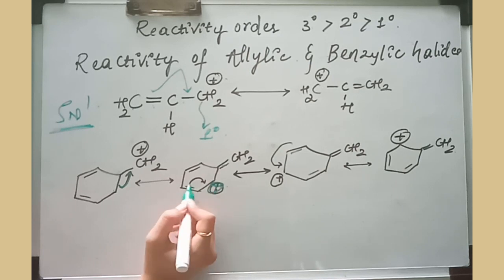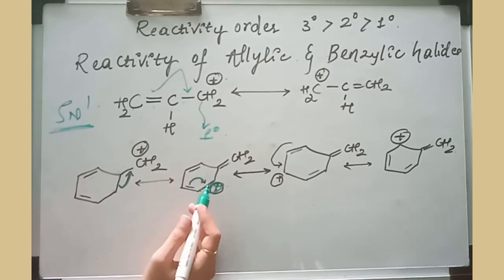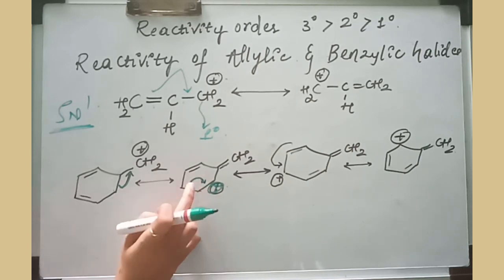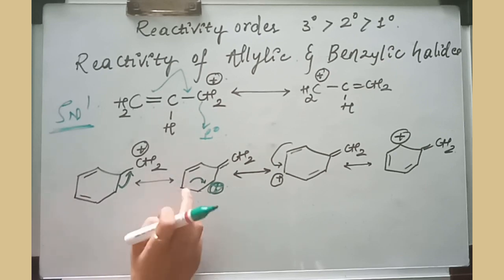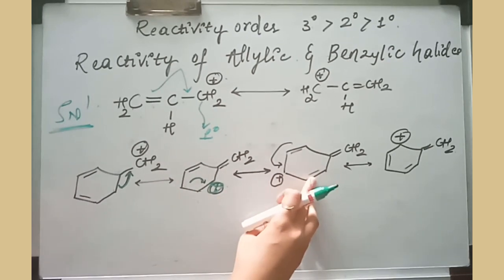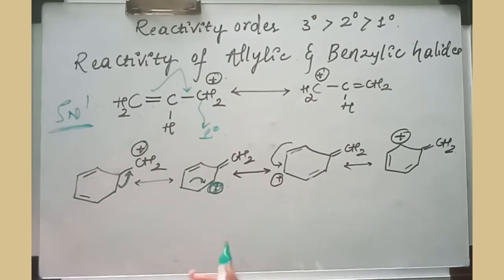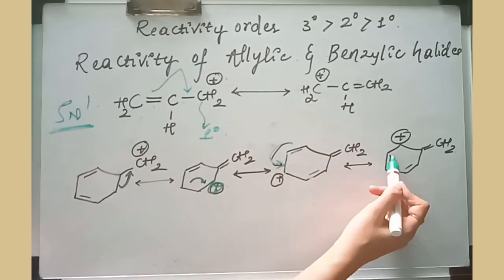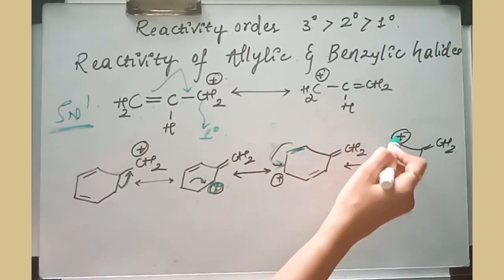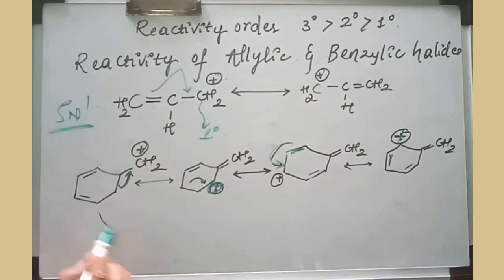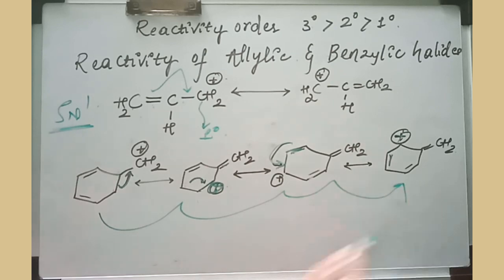Further, this positive charge you are going to shift. If you are shifting here, then what happens? This double bond will be shifted here. As a result, there is a formation of a double bond here, and it has lost here, so this will get a positive charge. Next, this will be shifted. It will get a double bond. It has lost the electron, so it will get a positive charge. You can see here there are many resonating structures.